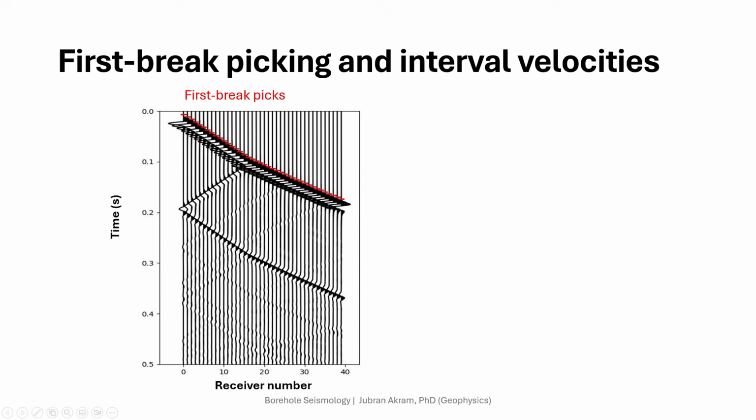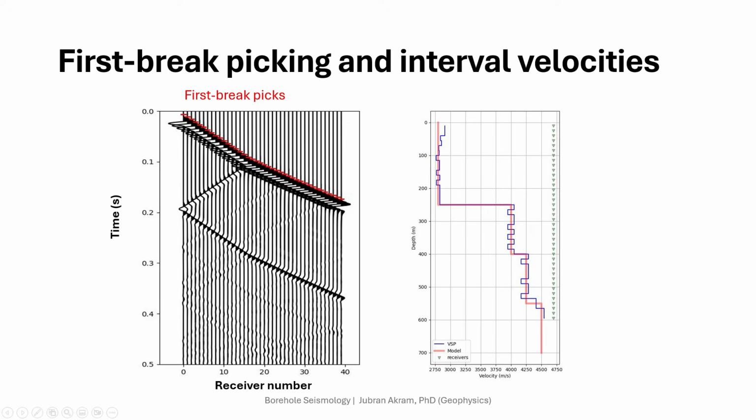Here I used an algorithm based on Akaike information criterion, also known as AIC, in combination with the correlation picker. So we pick these direct arrivals,